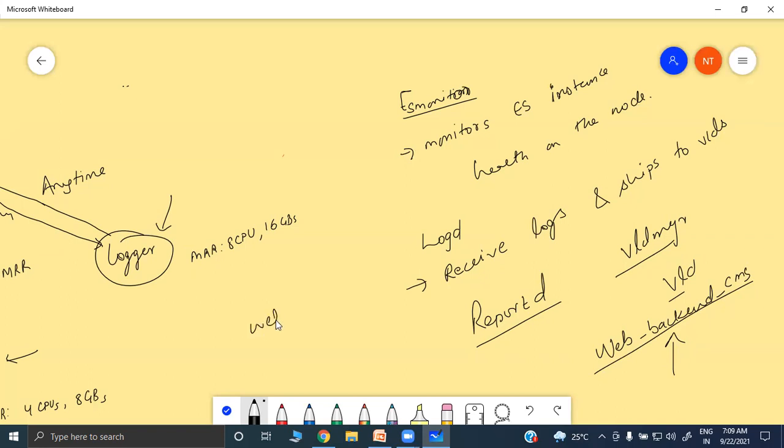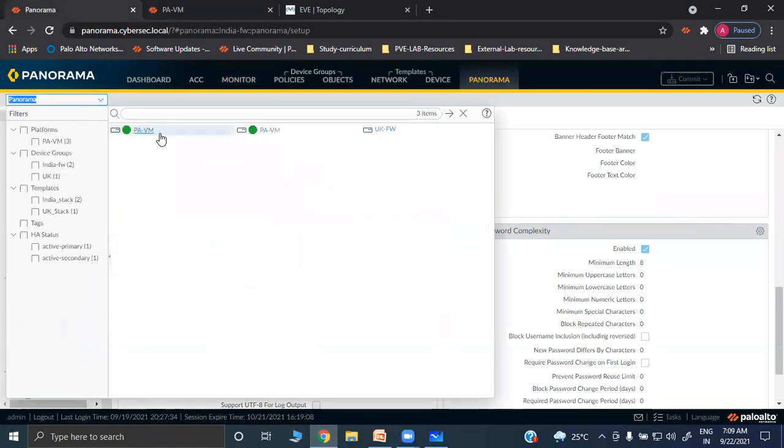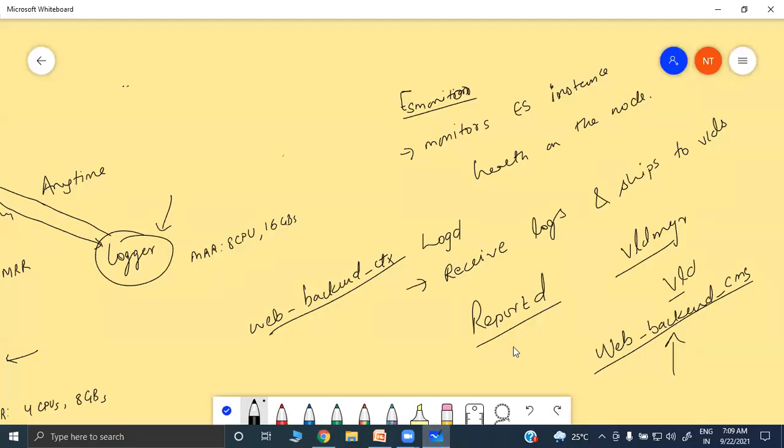So you do context switching from the Panorama. That particular request and responses come from this particular process. When you do context switching, you go to Panorama, and from here you can jump into any of your devices, right? So this context switching is taken care of by web backend CTX, and web backend CMS handles web UI requests and responses. And after 9.0, I told you before as well, they have introduced HTTPD